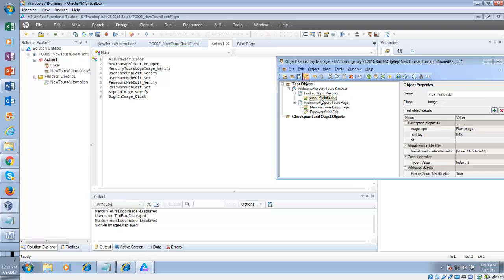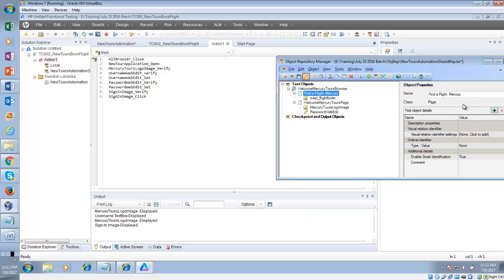This object is added under a different page. Note that. Okay, so now I am going to change the name. Find flight Mercury page, and